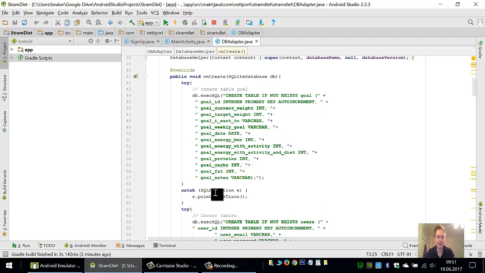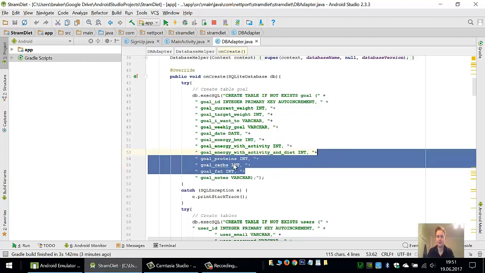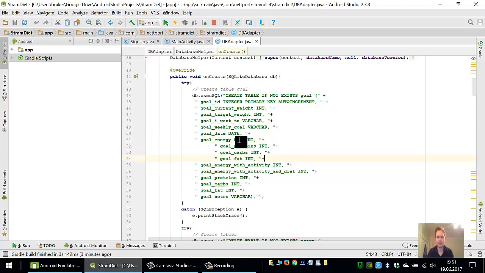What I was thinking now is that we have said in our goal table that we have BMR, we have the energy with activity, and we have activity and diet. And I don't think it's enough, because the proteins, carbs and fat are only with diet, so I think we should copy them and have